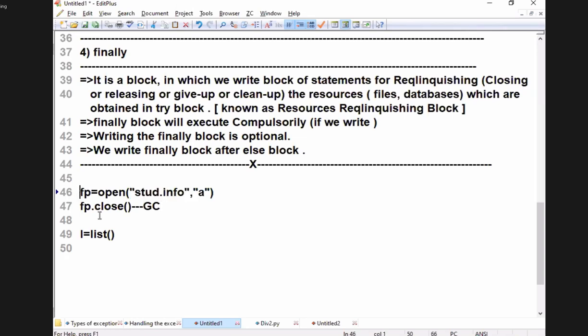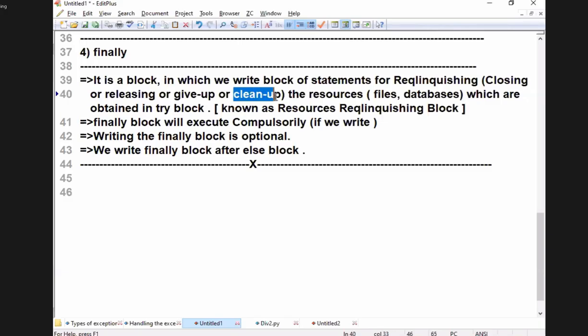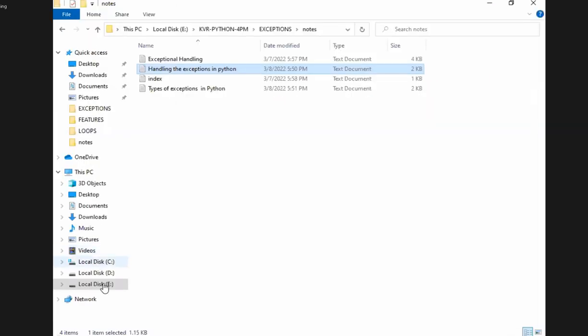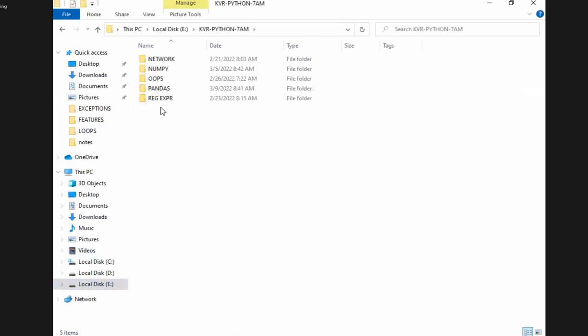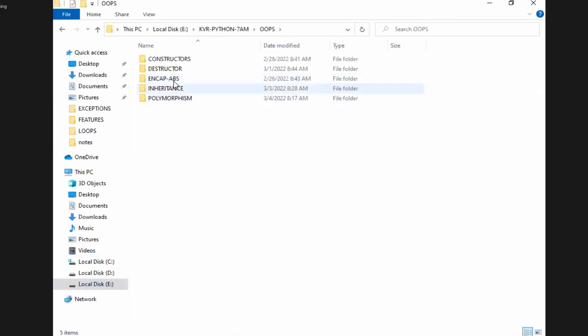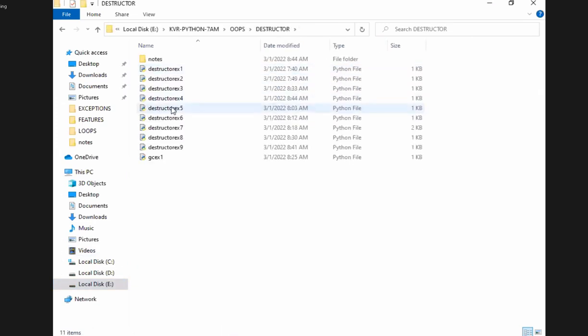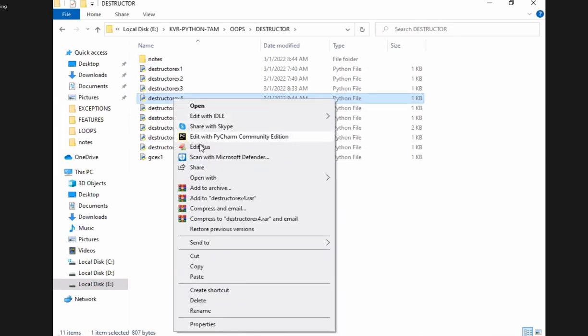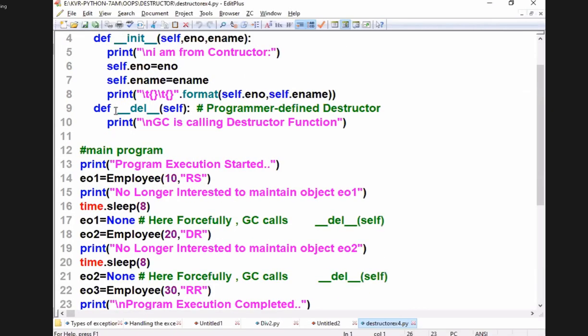Anyhow, I will show you the meaning of this word technically in the class, instead of bothering about the word here. Look at 7 a.m. in OOPS. There is a destructor concept, and a destructor program. There I am going to write the del method, with the garbage collector calling the destructor function.